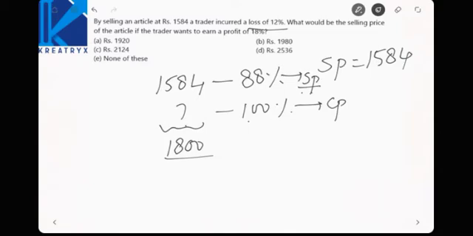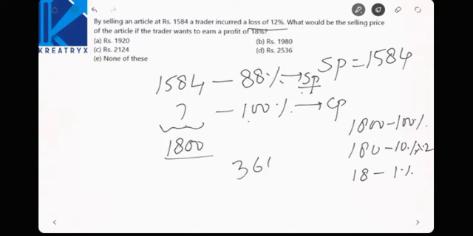Now if the cost price is 1800, what would be the selling price in order to earn a trader a profit of 18%, it seems. See here, if 1800 is 100%, now 180 will be how much? 10%, and 18 will be 1%, right? Now see here, 10 into 2 will lead you to how much? 20%. 20% value is 360. Now you have to remove 2% from 20 in order to get 18% profit. 2% value is 36. Remove 36 from 360.